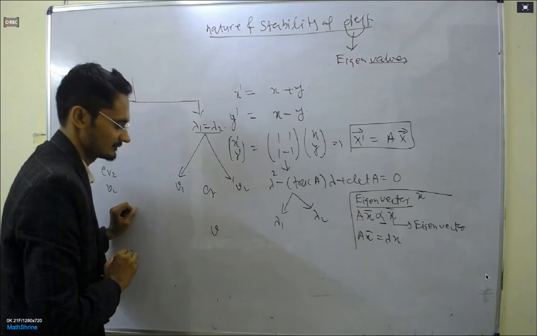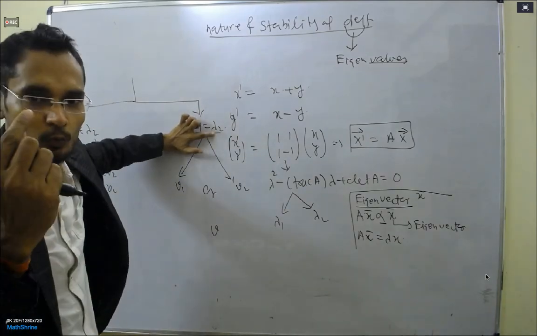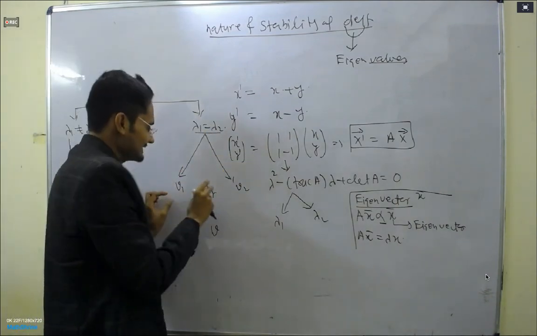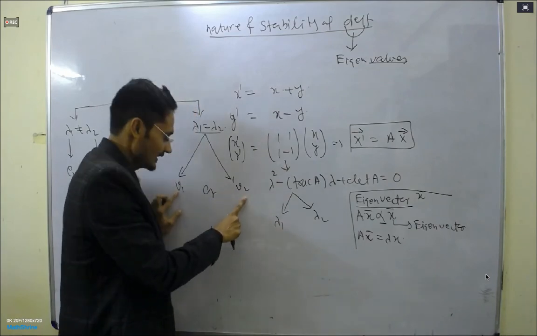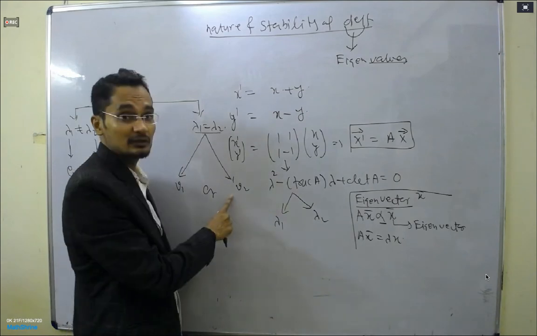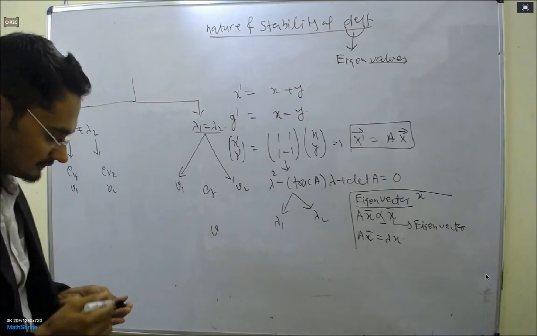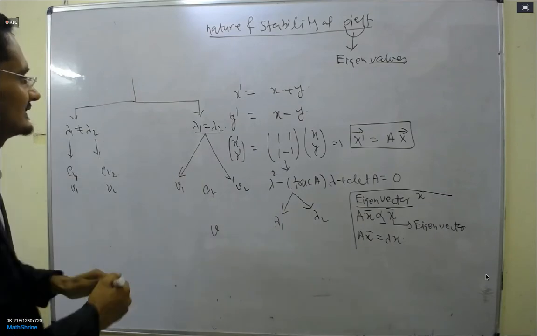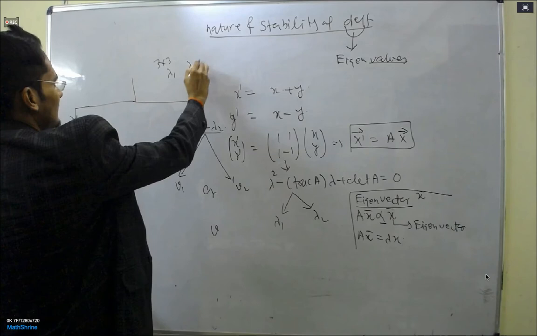It is possible all eigenvalues are same. It is possible lambda 1, lambda 2 are same, but lambda 3 is different. Or it is also possible all are different. If all are different, then one eigenvalue will come from here, one from here, one from here. Right? So suppose the first case, when lambda 1 is different from lambda 2, then your solution will be x